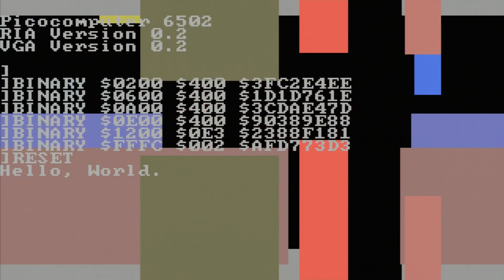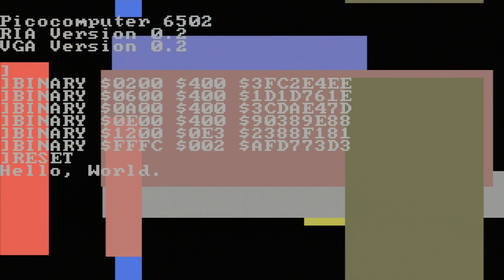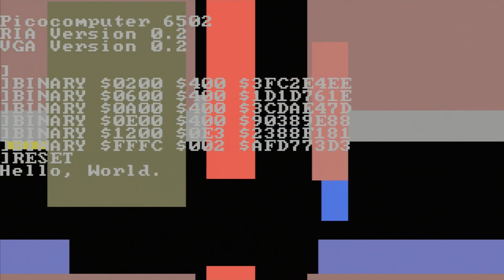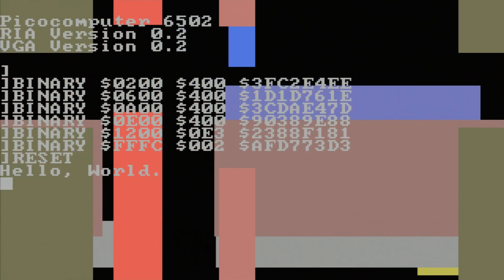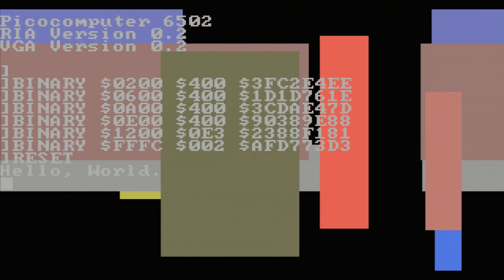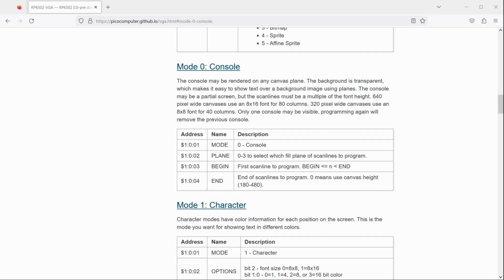Now everything we send to standard out can be seen over the graphics. Since I didn't clear the console, some of the remnants are still shown. Being able to easily print is incredibly useful for debugging, or you can use this for something like a graphical text adventure. The scanline options are an easy way to do this.